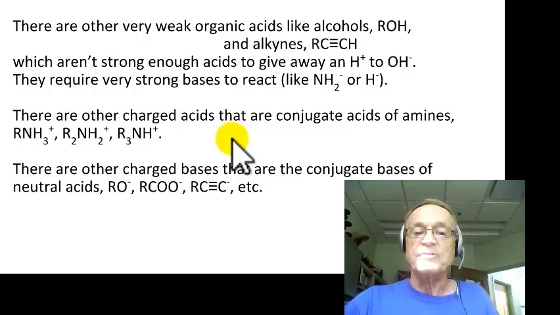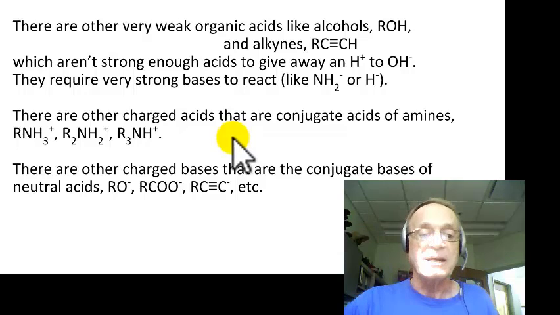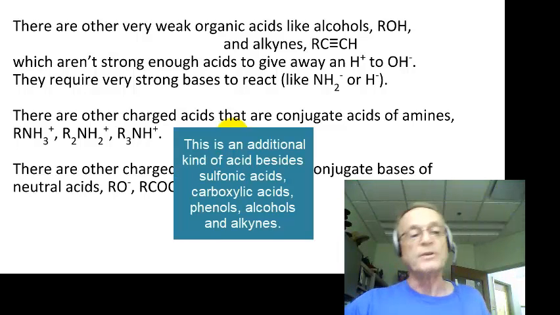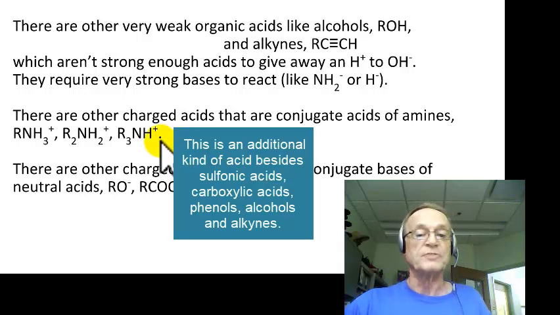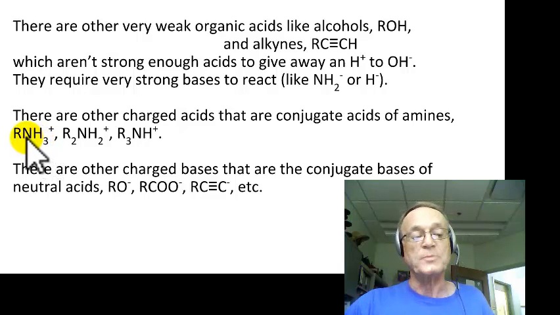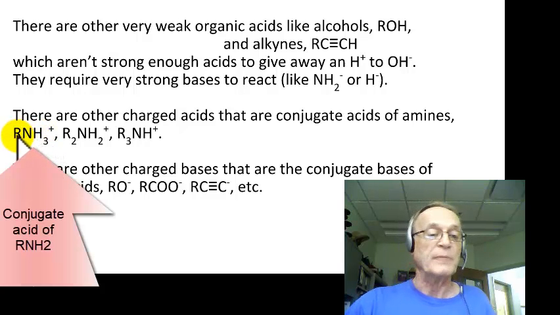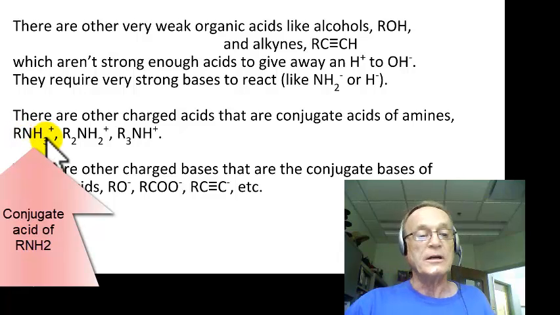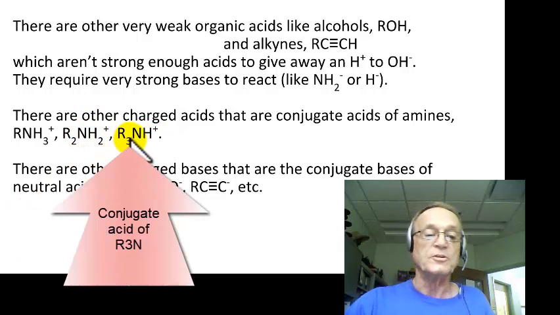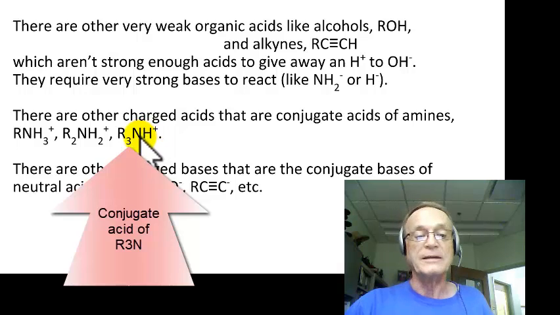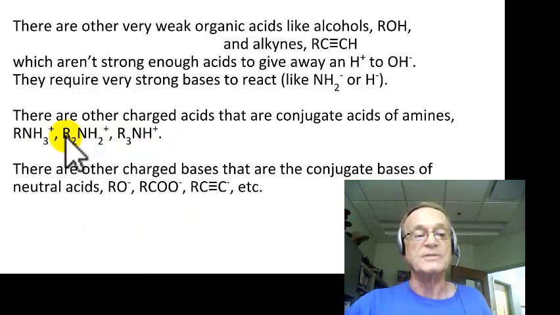And then there are other acids that are charged acids, so we don't think of them as organic acids, but they really are because they just happen to have a charge on them, and those are in fact the conjugate acids of the amines we saw a minute ago. So if you put an H plus onto the base that's a primary amine, you get a primary ammonium ion, and if it's a secondary amine and you put an extra H plus onto it, you get a secondary ammonium ion. And if you put an H plus onto a tertiary amine, you get a tertiary ammonium ion. So the amines are the bases, and then these three are the conjugate acids,